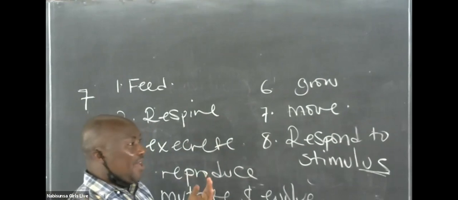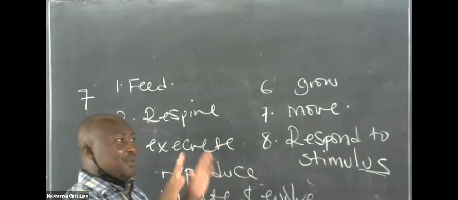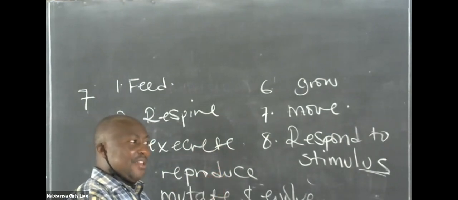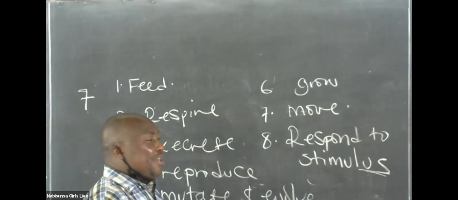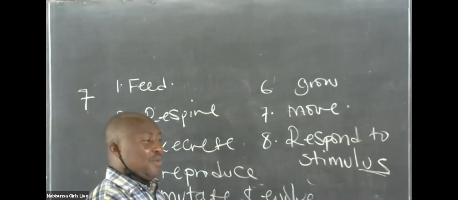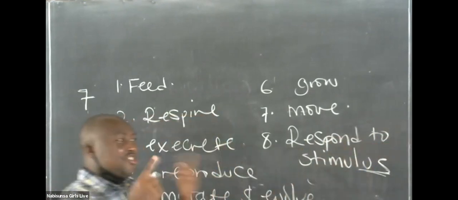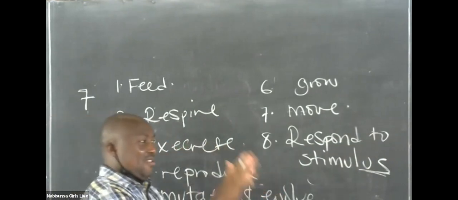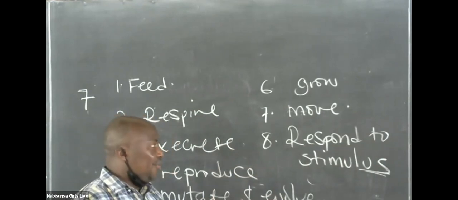Like, for example, if the heat is too much. Because right now, if we move outside, the heat is still low, not too much. So you can be fine standing in the sun. But when the heat increases, what do you do? You move away. What are you doing? You are responding to that change in the heat quantity outside. So you move to where the heat is low, or if you need more heat, but I don't think that you need it.